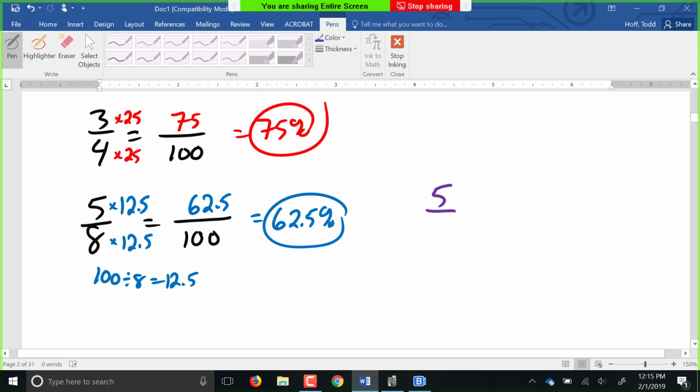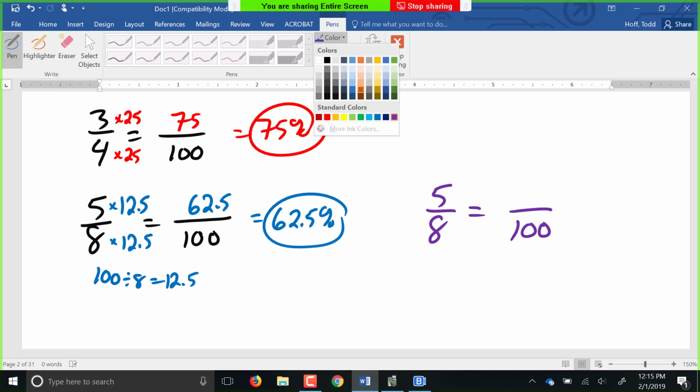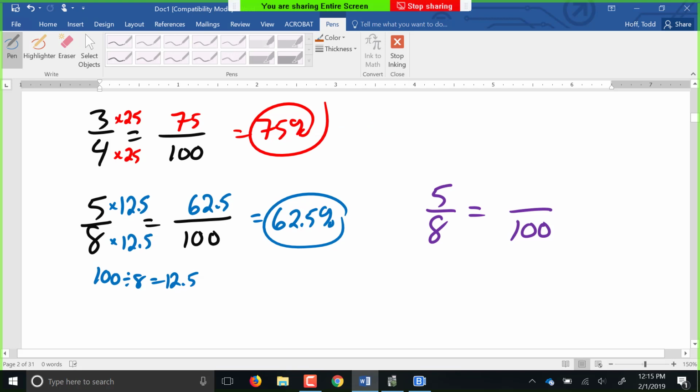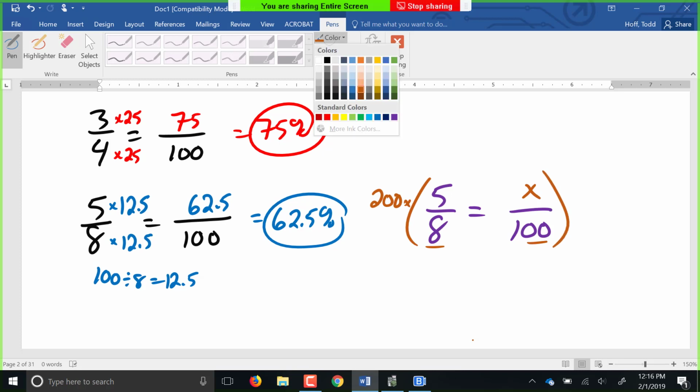From this form, 5/8 equals blank over 100, there are a couple of different shortcuts that have been developed for solving it. The first one I'm going to show you, if we just put in that variable there for x, is just from solving an equation. If I want to solve an equation, I'm going to get rid of my fractions, my denominators. The least common denominator for 8 and 100 is, well, probably get away with 200. If I multiply by 200 through the whole equation,